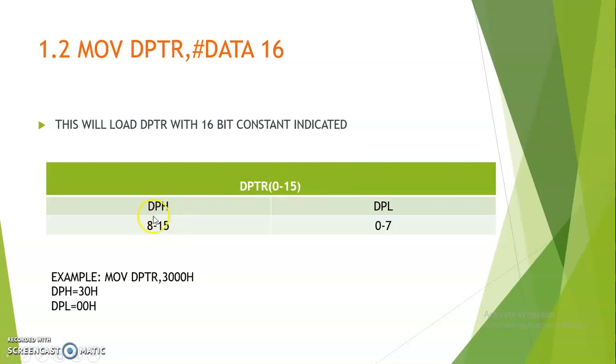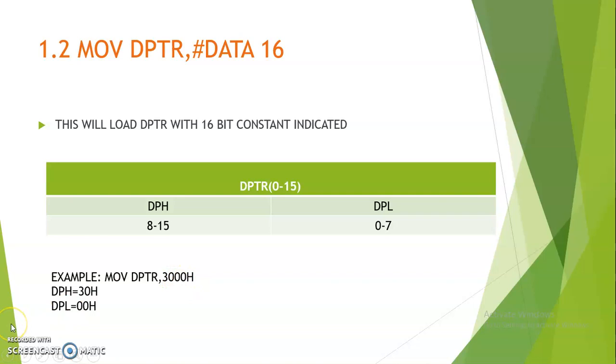It has the higher order byte DPH and it has the lower order byte, that is DPL. So DPH is 8 bits and DPL is also 8 bits. In total DPTR is 16 bits. So DPL is 8 bits from 0 to 7. DPH is 8 bits again, from 8 to 15. We will take an example of such an instruction. Example is MOV DPTR,